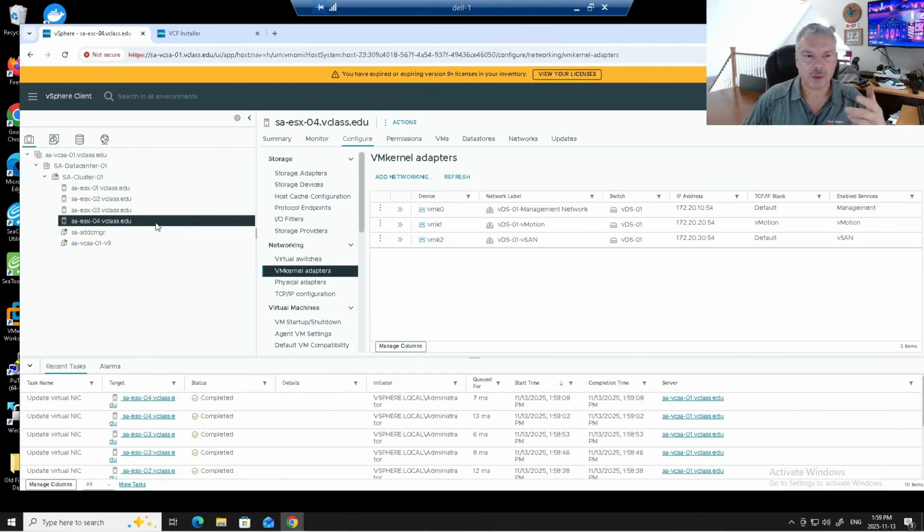Okay, finished. I updated them all. Again, I didn't have to do that for that check, but hey, you know what? It's good. I don't like saying best practice, but for vMotion and vSAN, you want to have jumbo frames enabled. Let me show you something else a lot of people overlook, because we did an upgrade from version 8